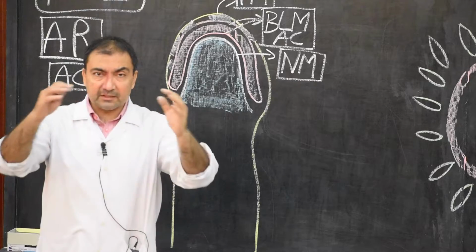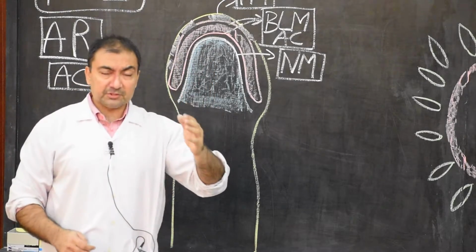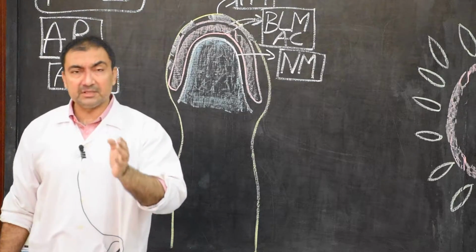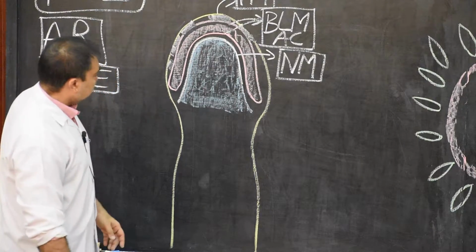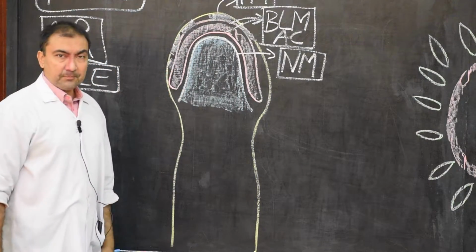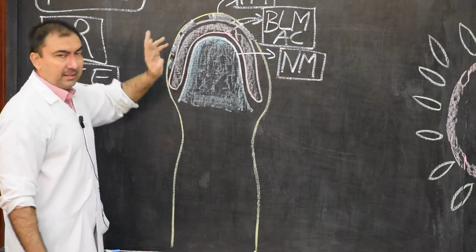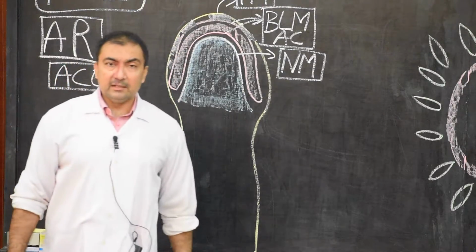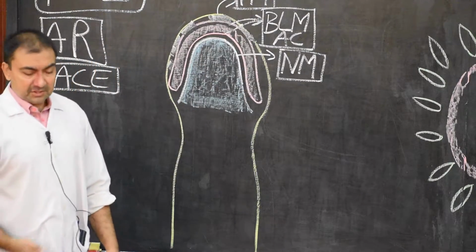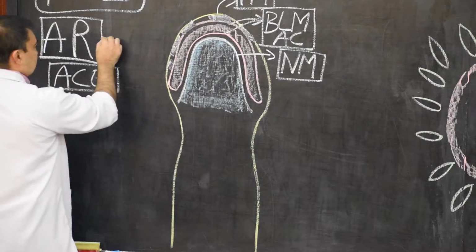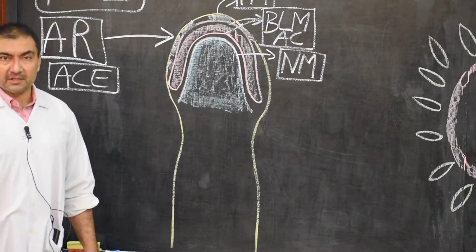What are the three barriers covering the secondary oocyte which we have discussed in the previous stage? First was corona radiata, second is zona pellucida, third is vitelline membrane, which we have drawn right now. So therefore, this is the first stage, and this stage of multiple fusion between outer plasma membrane and the outer part of bilaminar layer is known as acrosome reaction. So therefore, this entire stage is known as acrosome reaction.